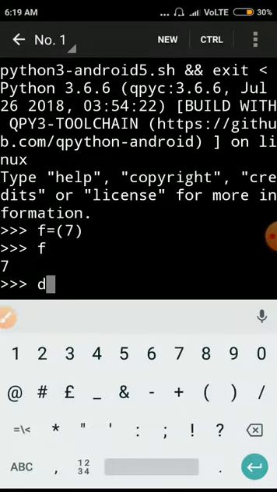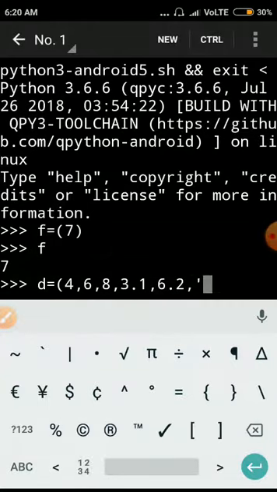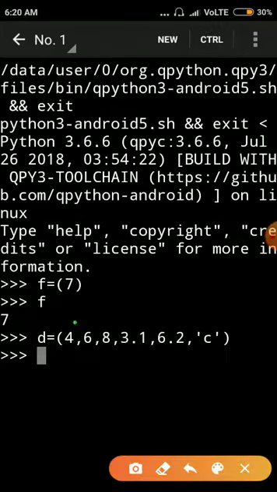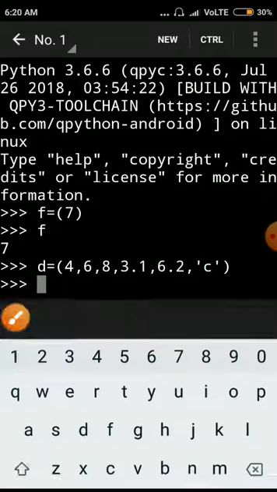Suppose t is my tuple identifier, and inside we just write the elements of the tuple: 3.16, 6.2, comma, and inside the square bracket I take one element also, and close it. Okay, so it is a mixed type tuple. Here is an integer value, this one is a float value, and this one is a string type variable.